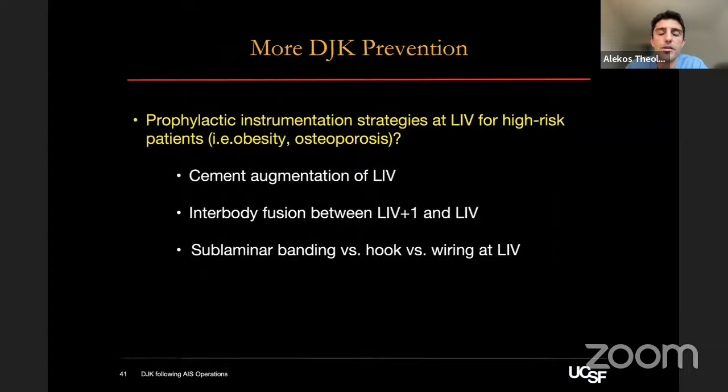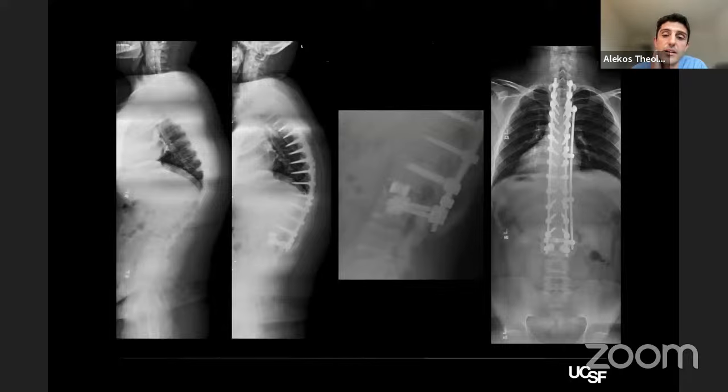I think also, in addition to the level, the LIV level, other things to consider, especially in the adult population that's obese, has osteoporosis, are other prophylactic instrumentation strategies: cement augmentation of the LIV, including an interbody fusion between the LIV plus 1 and LIV, and possibly including sublaminar banding or hooks versus wiring at the LIV. My technique is to do a direct lateral approach. It prevents disrupting the posterior column in terms of fusion bed at the LIV plus 1, as well as cement